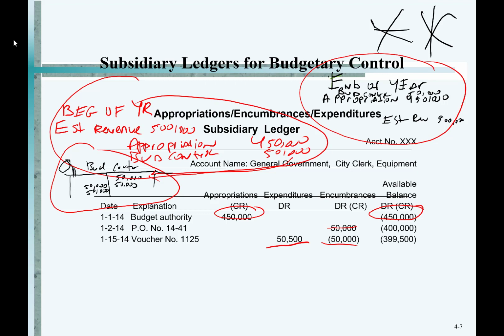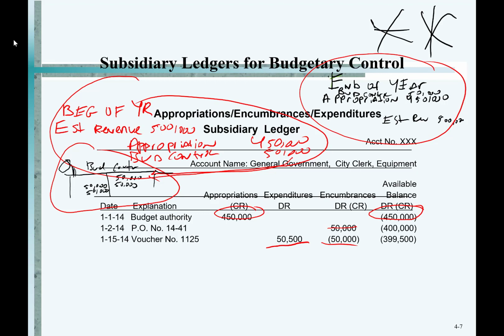Debit estimated revenues. Debit budgetary control if we have a deficit. Credited if we have a surplus. And credit appropriation. I'm telling you guys, you tune out on this stuff, and you're going to be sitting there,